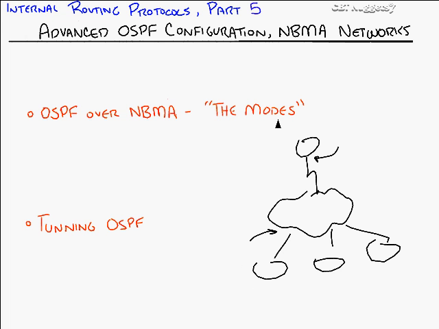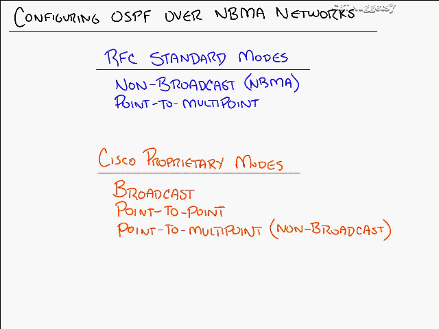And some of these modes are compatible, even though they're different modes. So I want to show you, if you do run into a situation where you have to make one mode of NBMA work with a different mode of NBMA, how you can tweak the timers in OSPF to make those work successfully. Well, let's start off with the big one, configuring OSPF over non-broadcast multi-access networks, which in most cases